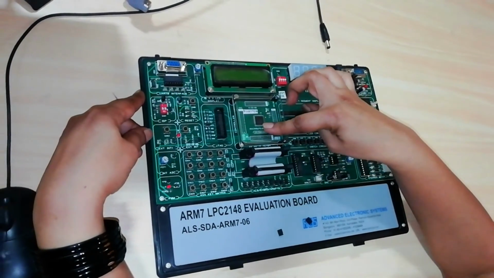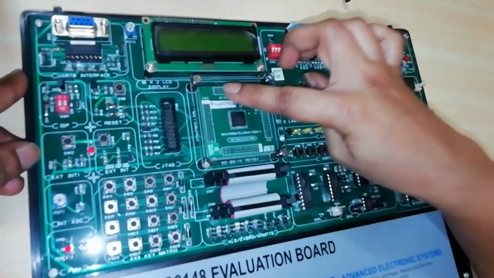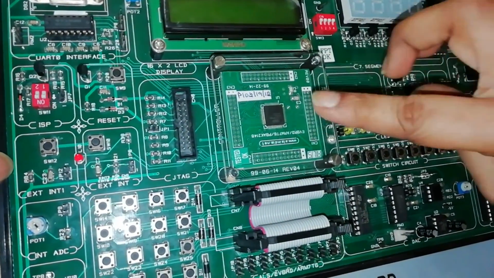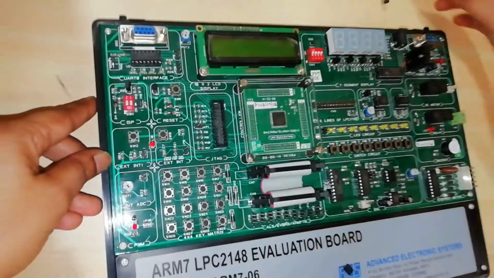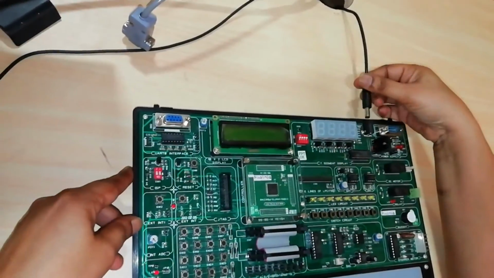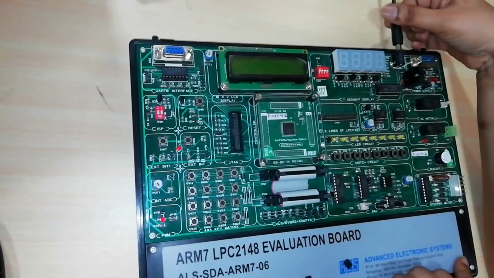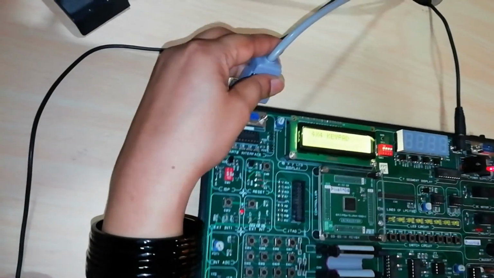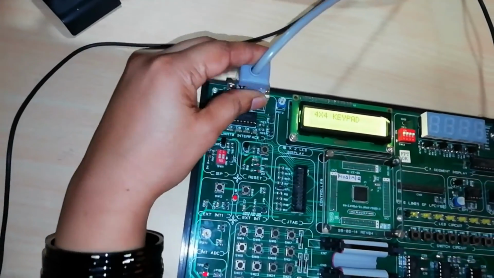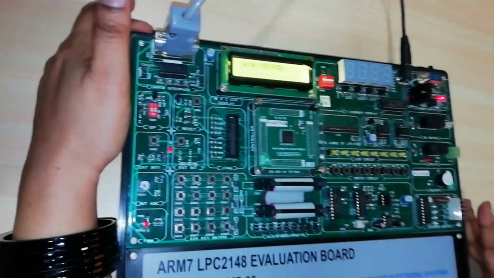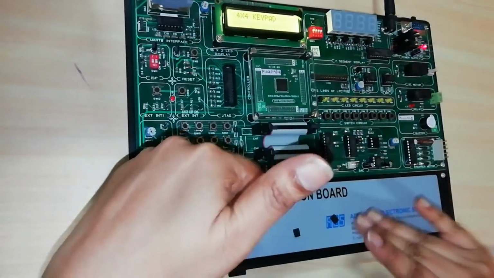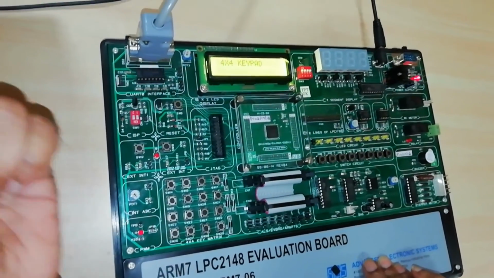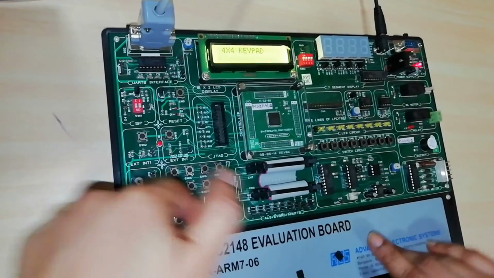This is your microcontroller, the LPC2148 microcontroller chip, which has got 64 pins. For this board, to give the power, you need to connect the power cable. This is the power cable, we need to connect here, and in the same way you have the RS232 serial port which needs to be connected here, which connects to the system. Your hex files need to be executed on the board. This serial port will help you to take the program which is there in the PC to the target board.